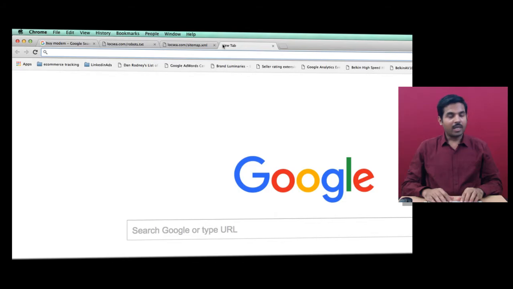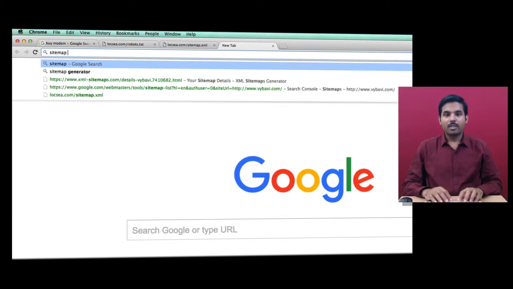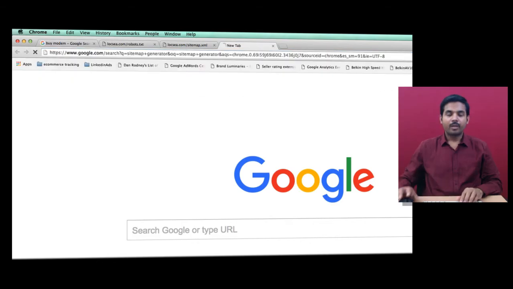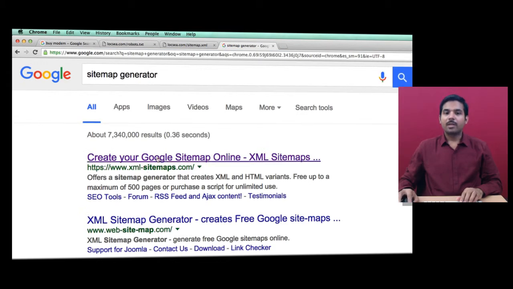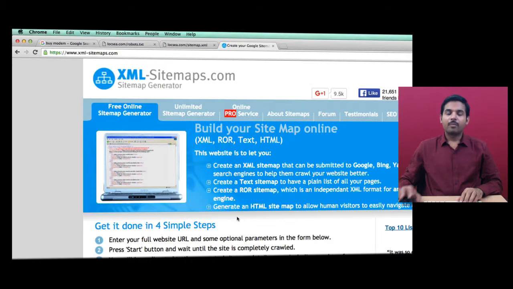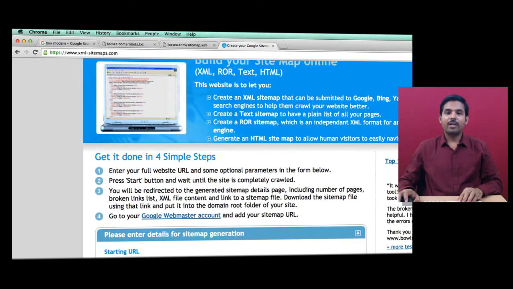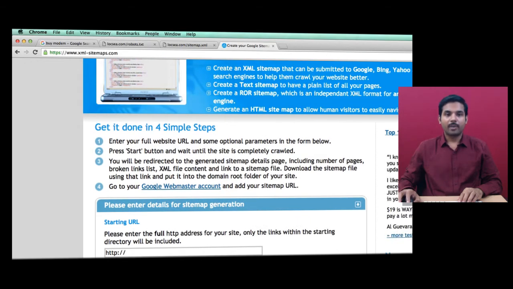You will use XML sitemaps.com or just type sitemap generator and click on this XML sitemaps and generate your sitemap. Okay, please refer to the Google Webmaster session on how to generate and submit this sitemap so that you can ask Google to crawl your website. Okay,